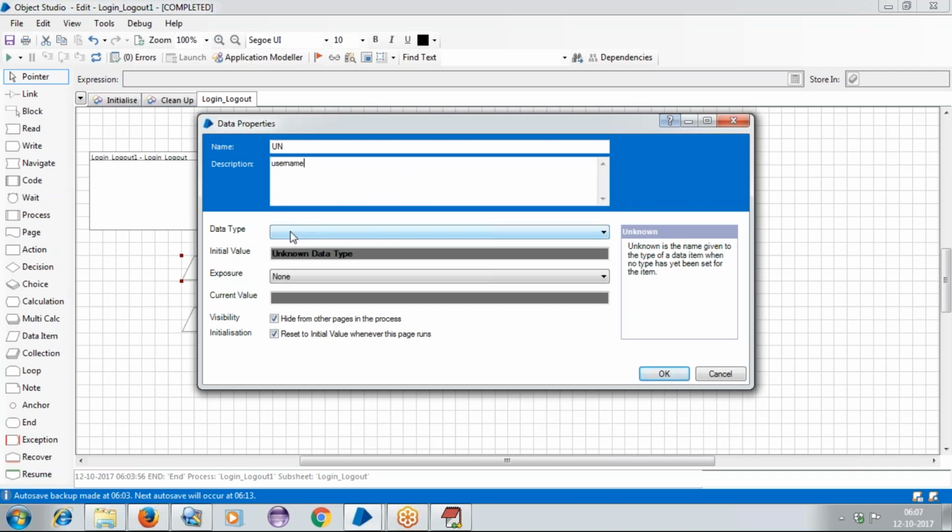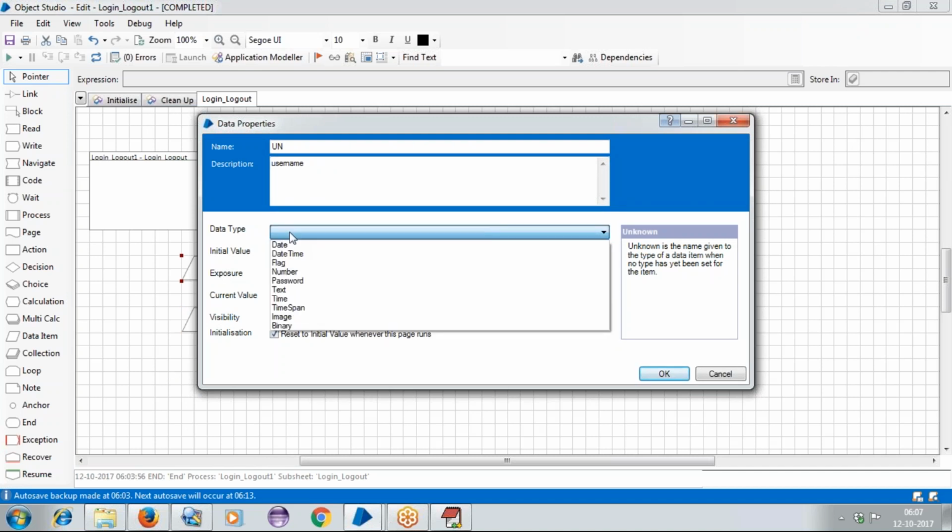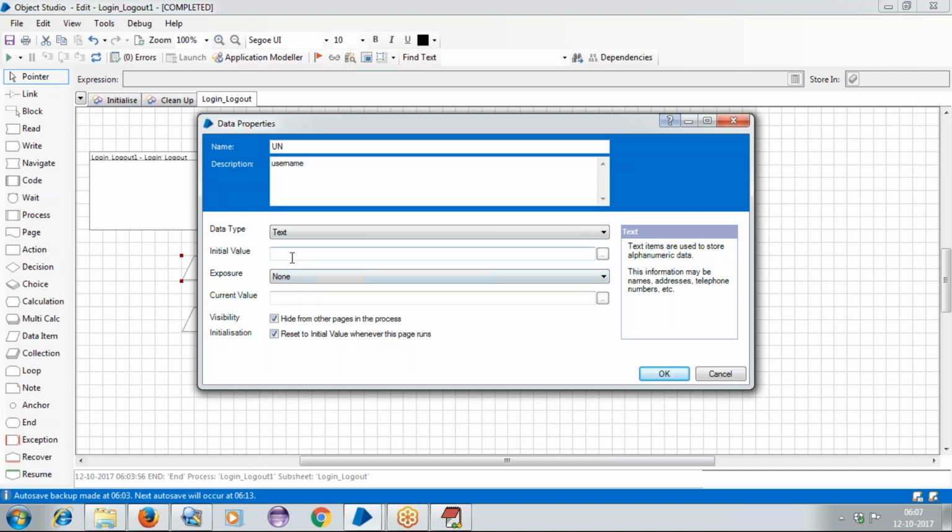And then it will ask for the data type. Data type is nothing but which kind of data you are storing. So for now, I'm taking the username here. Username is nothing but text, right? It will take text here, or it will take a number, you can work with a number. So according to the data you are storing, you can mention that particular detail. For now I'll take text. So what exactly is the text you have to mention?